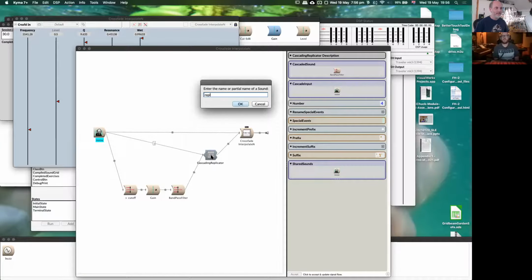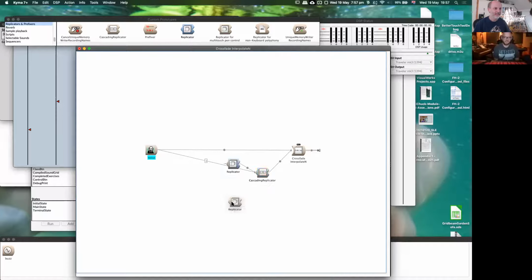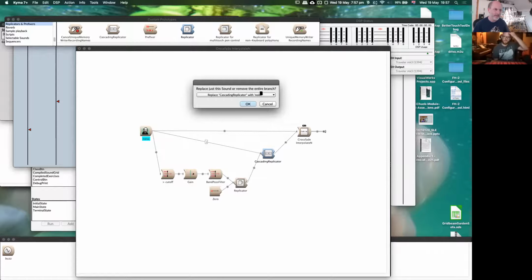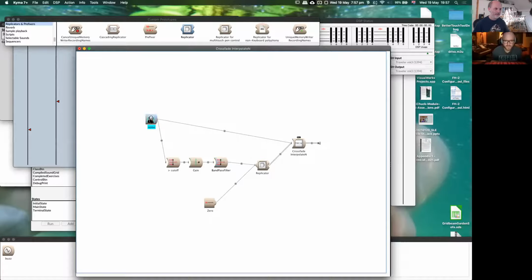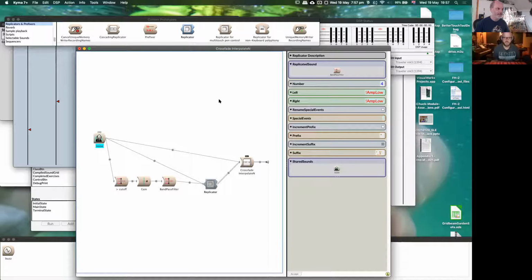How about a standard replicator? I was thinking, what if we do that and then offset each one a little bit? So I'm going to drag and drop a replicator, and then we'll get rid of this cascading one. Delete, replace, make sure it replaces with the correct one. Otherwise we lose stuff. And we can make noise our shared sound, which is what this 0 is here. If we open up replicator, we should see noise is shared.